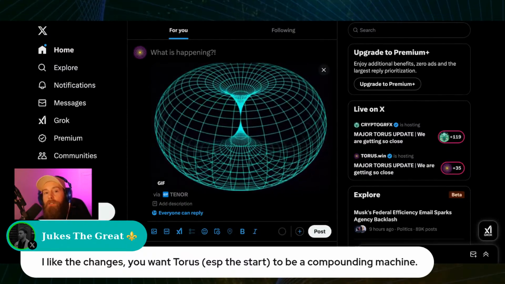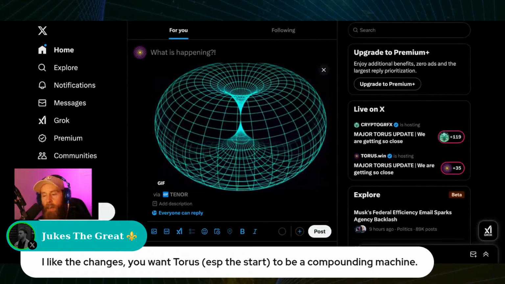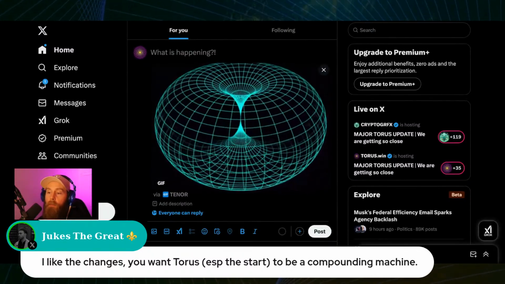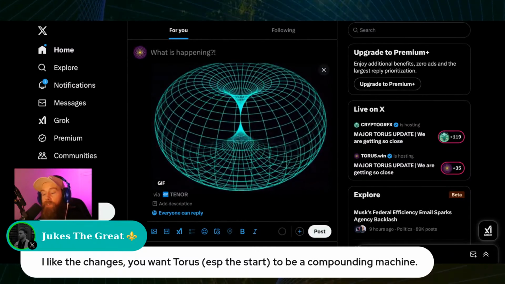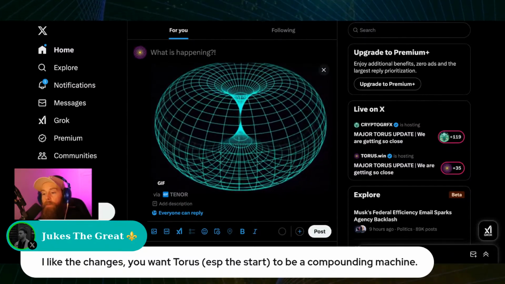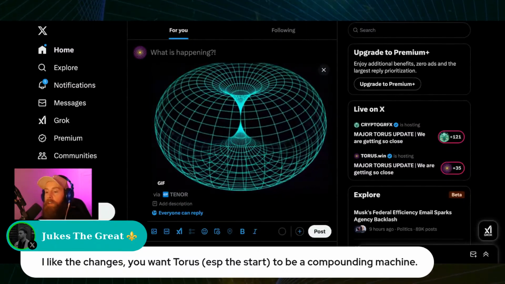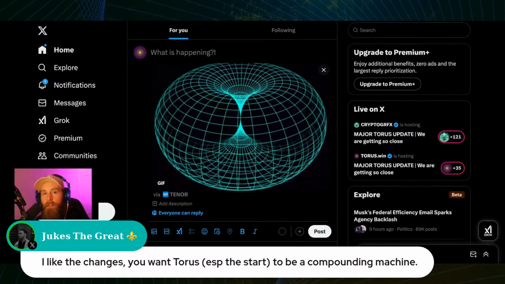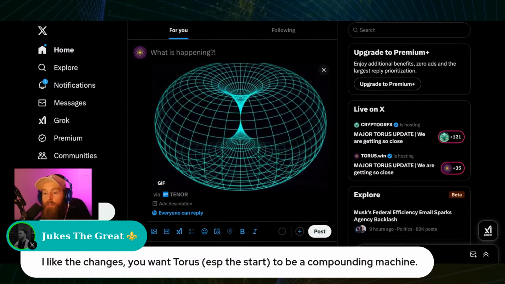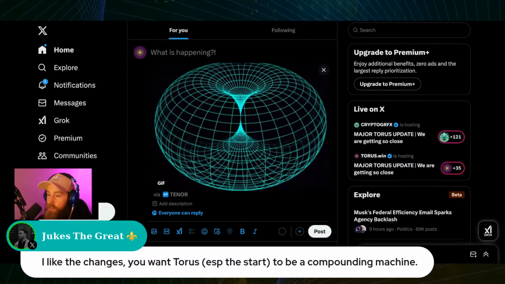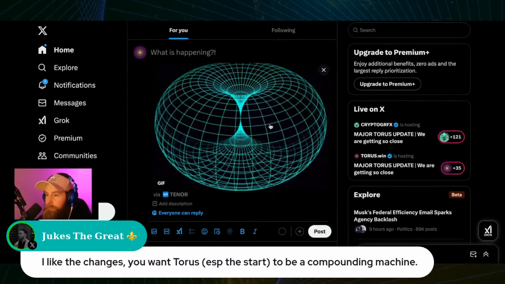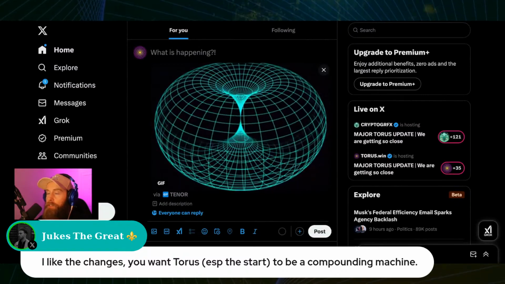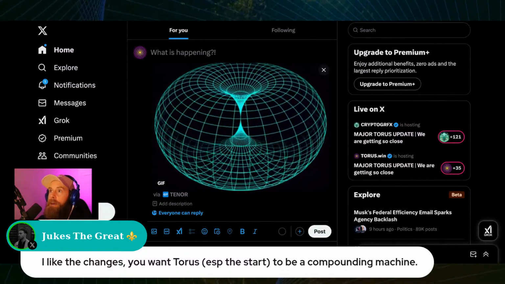TORUS is based around shares. Now, how do you get shares? Well, you can either obtain shares from staking or you can obtain shares from creating. Whichever way you get shares, the system is going to pay out those who are shareholders in TORUS tokens over the course of 88 days. And this is a super unique proposition that just hasn't been done before. So it's going to be an absolute animal.